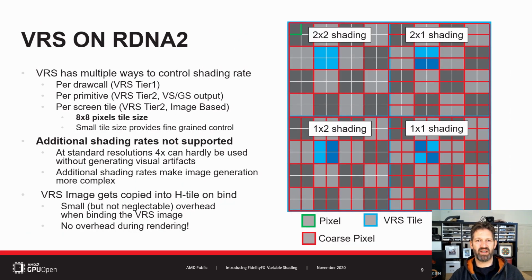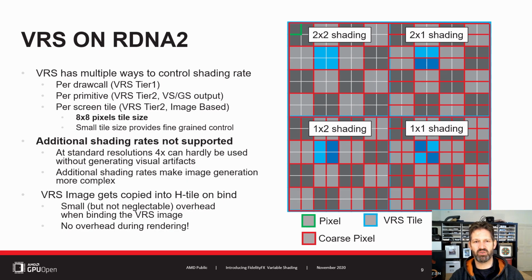Now let's take a look at how to select which shading rates should be used. VRS defines multiple ways to do this, grouped into two tiers. Tier 1 only supports setting a shading rate per draw call. This provides a quick way to integrate VRS, but the control is very coarse, especially if you think about instance objects or engines where a large part of the level gets rendered with a single draw call. Things get more interesting when looking at Tier 2, which is fully supported by RDNA2 based GPUs.